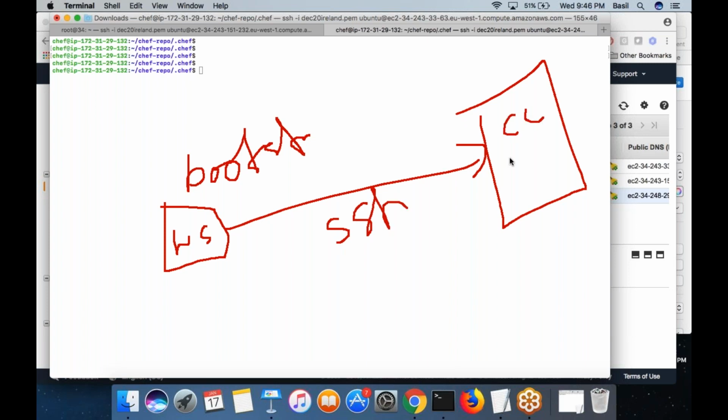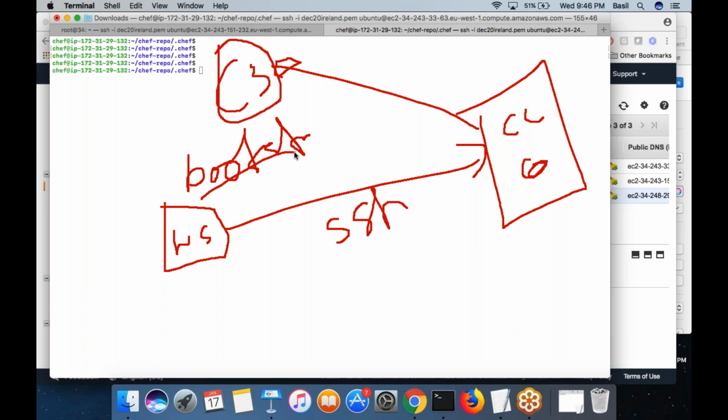Then also it would copy some certificate here, which the client would use when it wants to connect to the Chef server later. So these many things need to happen during the bootstrap process. What it also means is that the workstation must be able to connect to this node through SSH, of course, right? Then only the workstation can do the bootstrapping.